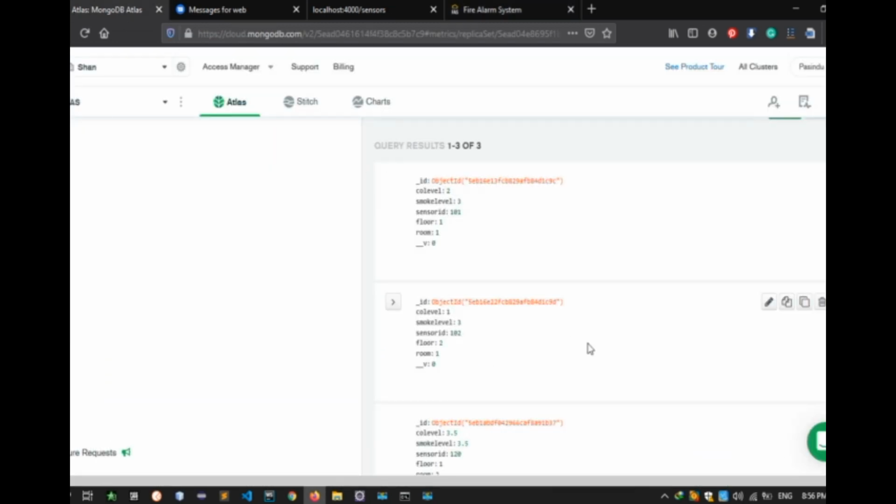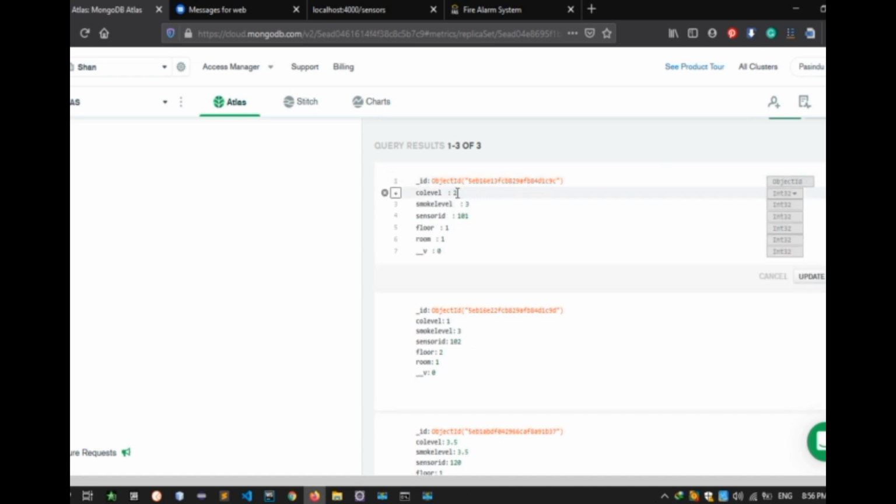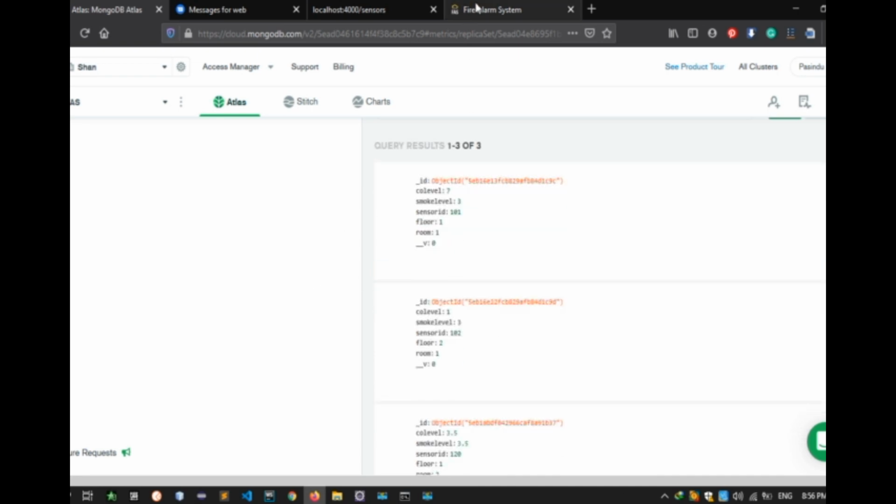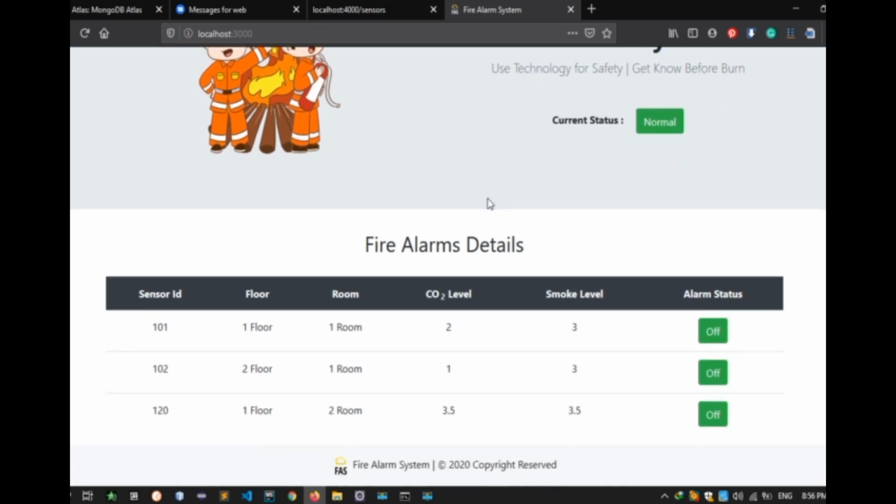As an example, I can show this. I manually update my database value. I update the CO2 level to 7 manually. Now our web application should indicate that.